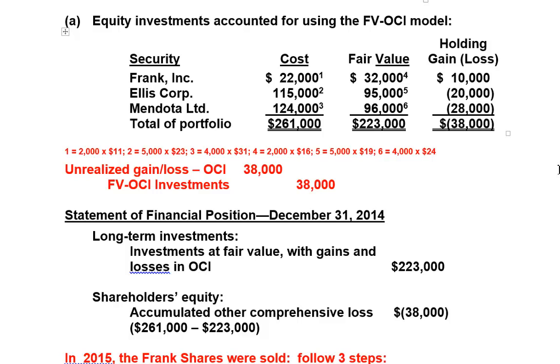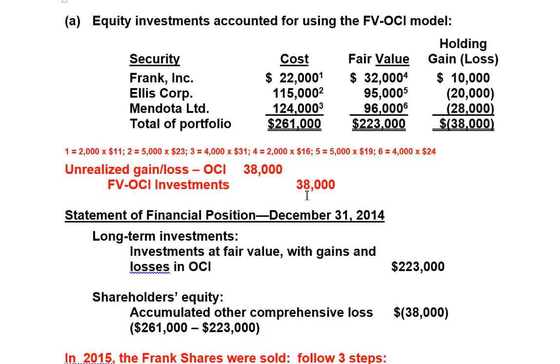So what's the first thing I'm going to do? Before I do my statement of financial position, I am going to reduce the fair value through OCI investment by $38,000. So I'm going to debit my unrealized or holding gain or loss in OCI, and again, because it's a loss, it's a debit, $38,000, and I'm going to credit the fair value through OCI investments in the fair value through OCI investment portfolio. So I take it as a portfolio,